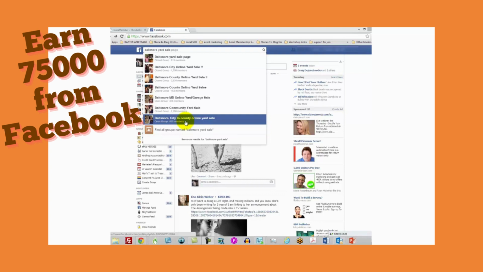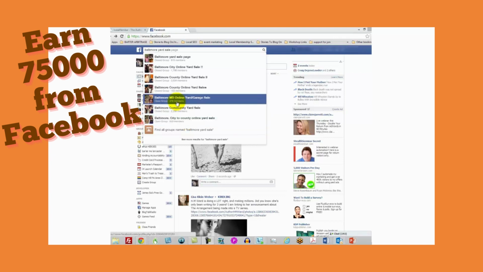Now, depending on what the group's rules are, some groups will only allow you to sell certain things. Some groups will allow you to sell digital products. Some will allow you to sell services. So you need to find the rules to the yard sale, and you can post to these pages based on the rules. And typically, you're going to want to post in your local area. Now, obviously, you don't have to sell local. You can post this in any one, but pretty much if you're going to get accepted into one of these closed groups, they're probably only going to be accepting people in their local area. I'm going to take you inside of one of the groups right now.